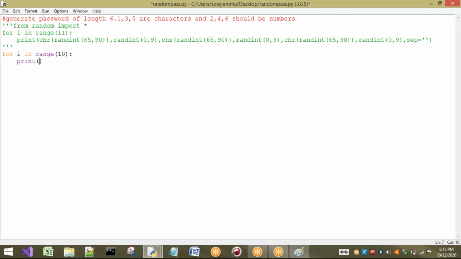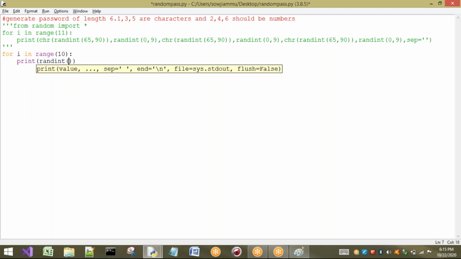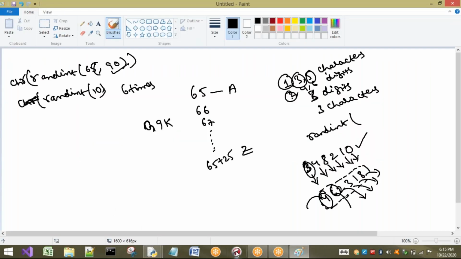I will just write print of randint of. This is just an example I am going to take. It will not work, which means we will not get any error, but the 6-digit OTP may not be generated here. You may think that we are taking from 0 to 999999. So here, if the number is, for example, 0 to 9999, it is 00000, for example, to 99999.